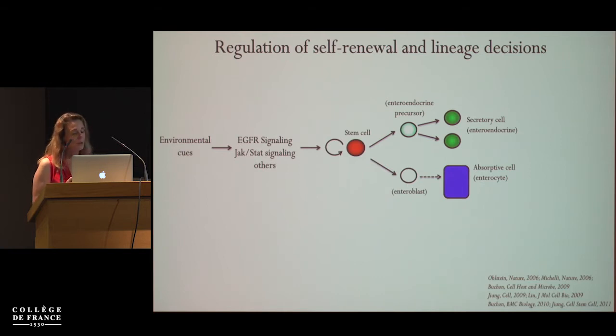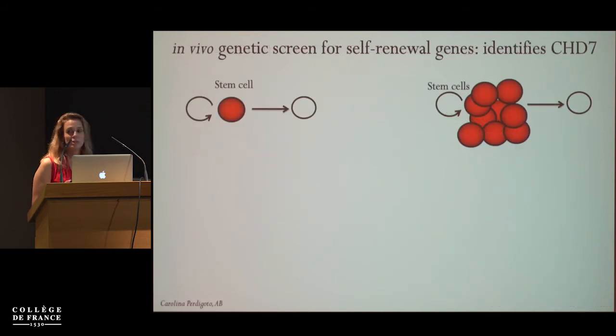So a number of years ago, we set out to try to identify additional mechanisms that could also regulate stem cell self-renewal. And to do this, we wanted to do an unbiased genetic screen, which is something we can do in the fly. So we wanted to, for example, identify genes which, when inactivated, would lead to excess numbers of stem cells. Okay, so here would be our wild-type lineage, and here we would make